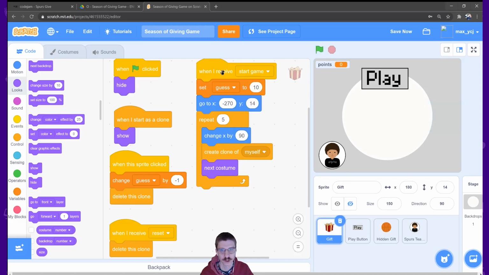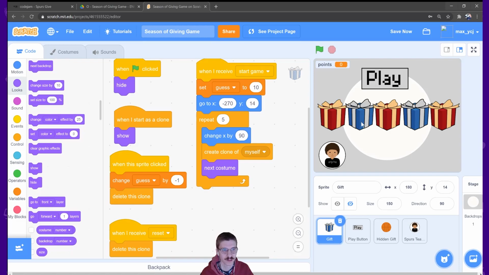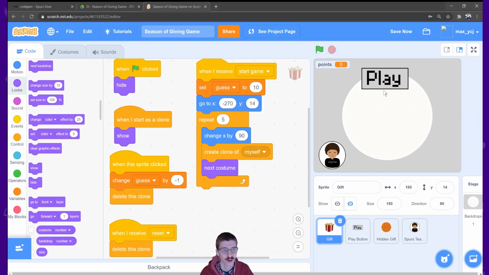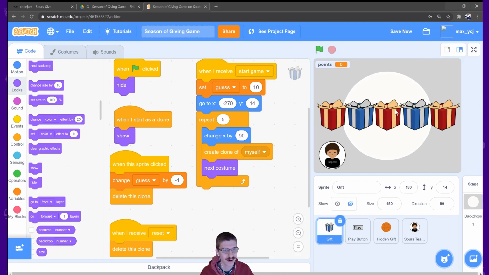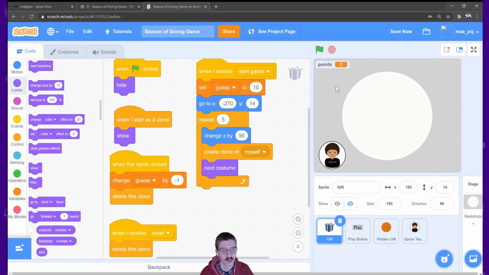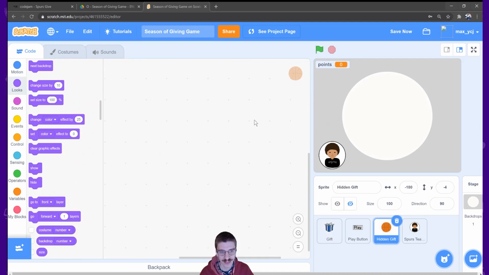So if you'll remember, we're creating 5 different clones of this gift sprite, and we want to spawn a hidden gift behind only one of these, but it'll be a different one every time we play the game. You can also test out your play button right now, and that'll actually spawn your gifts for you, and then it will go away. Now, we don't have any way to broadcast reset yet, so we'll do that in this